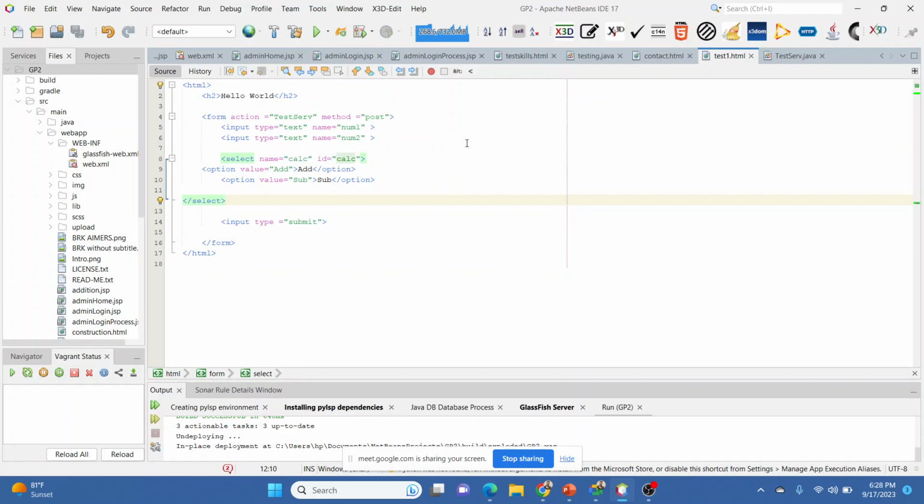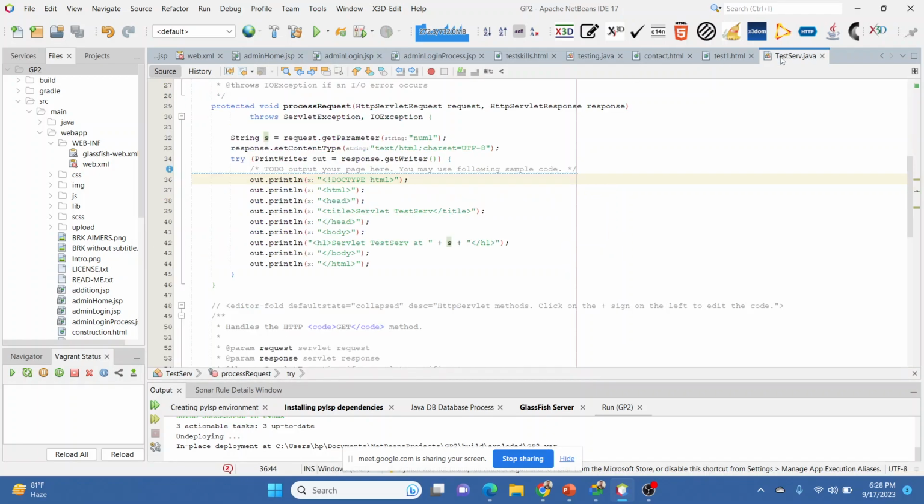So there is two text box and one drop down. So whatever number we will enter over there, and on the basis of our drop down we will select addition or subtraction, it is going to perform a task in the servlet. So now we are going to retrieve these three data onto our servlet. So what we will do over here,